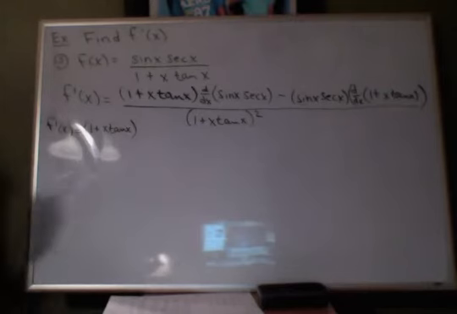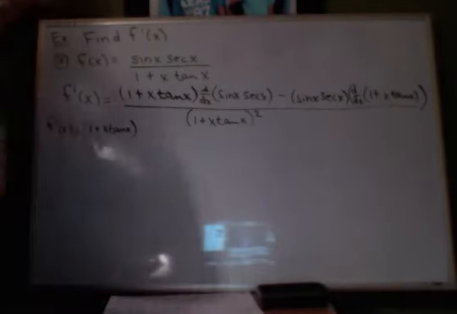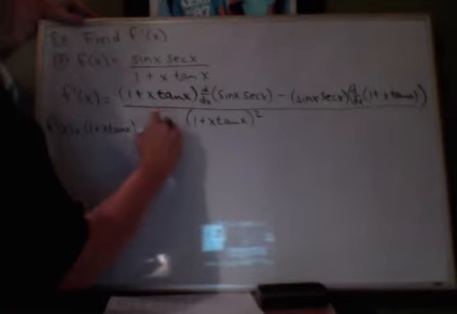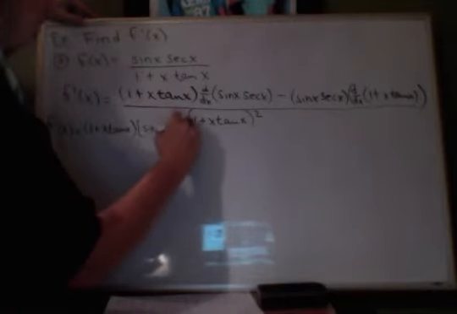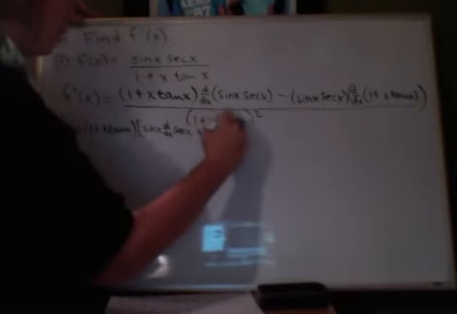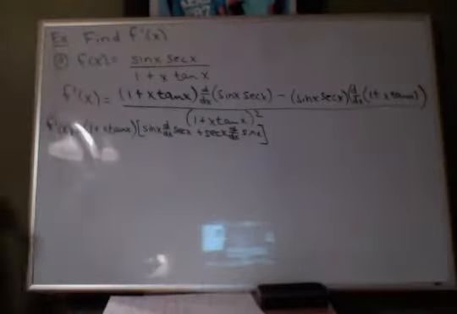There it is. And I need to do the derivative of sine secant. And this is going to require a product rule. So we're actually going to do a product rule inside of a quotient rule. So this is going to be then sine x d dx secant x plus secant x d dx sine x, okay, minus